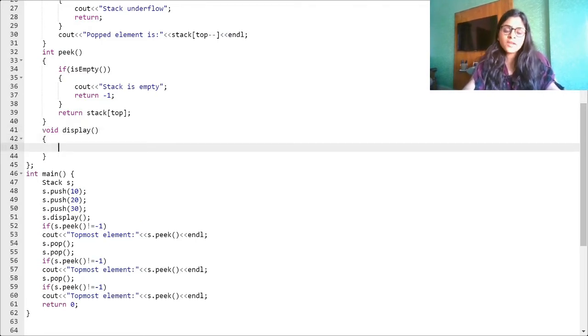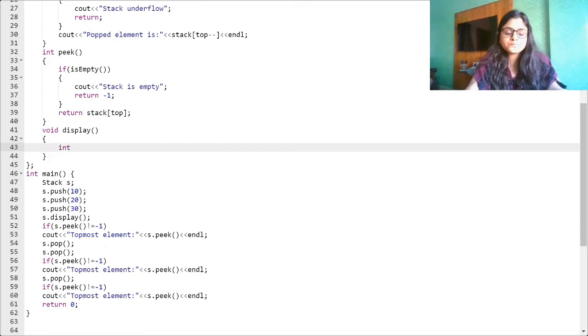But if you think about it logically, a stack is such a data structure where we allow only operations on the topmost element. So you should not be able to access any element other than the topmost element, right? So that for loop logic is not applicable for a stack. Although you can do it, it is logically wrong, because we have said that we will only allow operations on the topmost element.